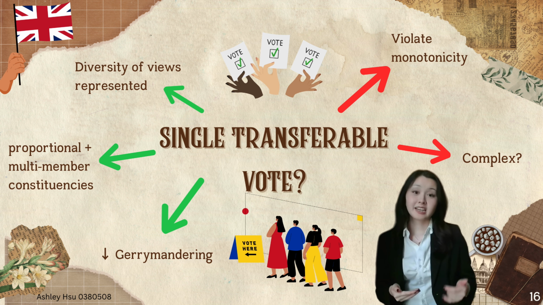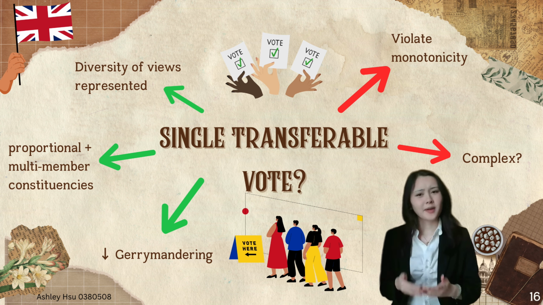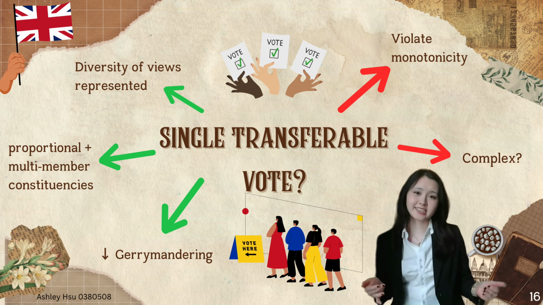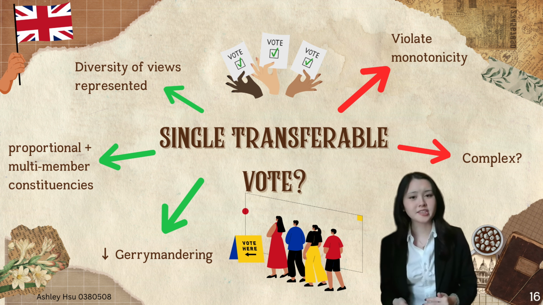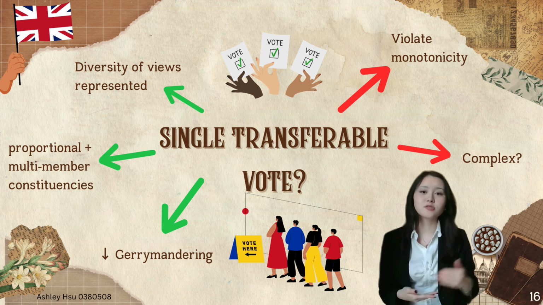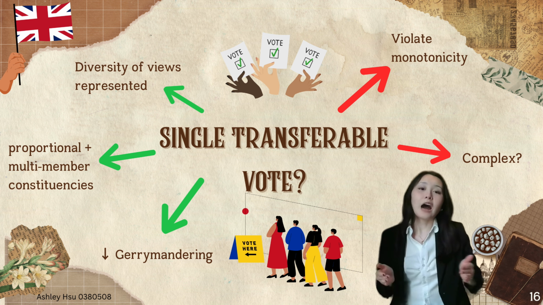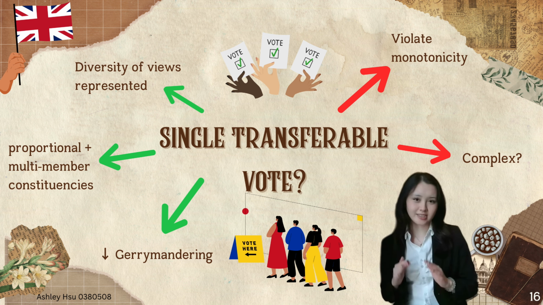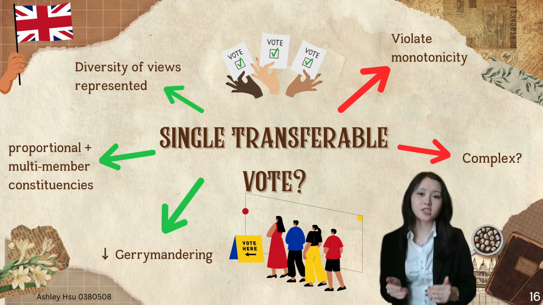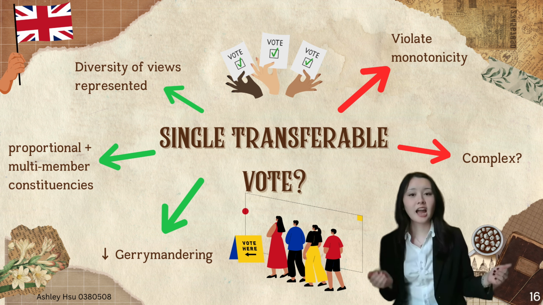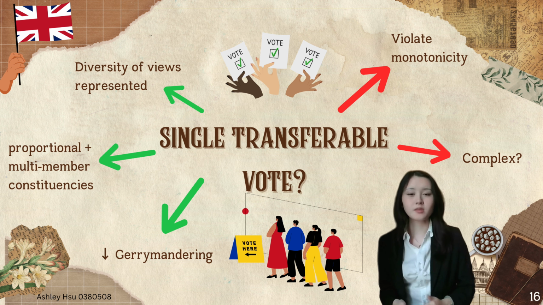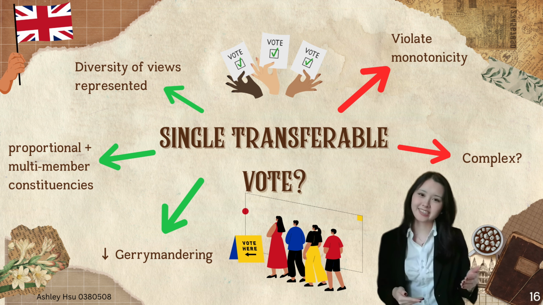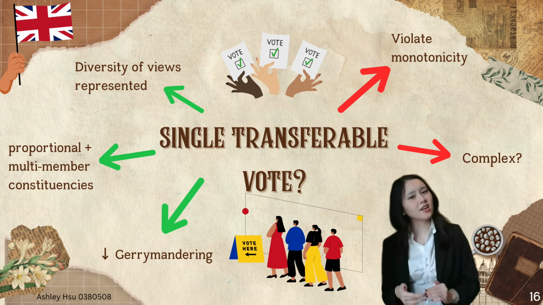STV, of course, does have its weaknesses. Compared to the FPTP system, it is so much more complex, and this has been a large source of the electorate's hostility towards the STV. However, a study has discovered that there was not much evidence of confusion amongst the Scottish and Irish electorate where STV has already been implemented. From this, we can surmise that although the STV may lead to hesitancy in the beginning, it may not necessarily